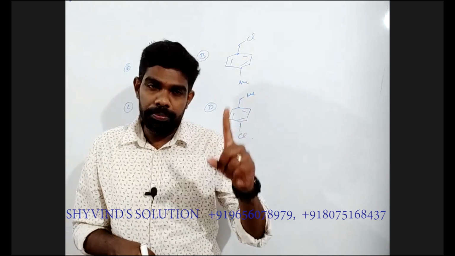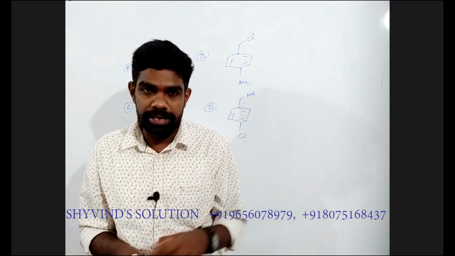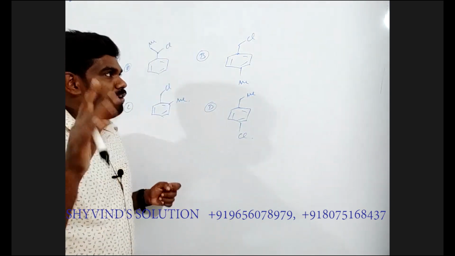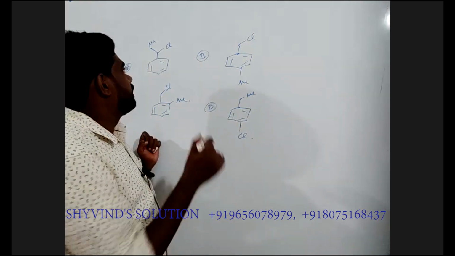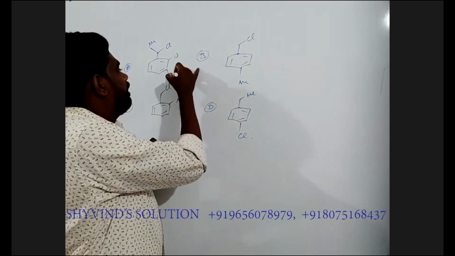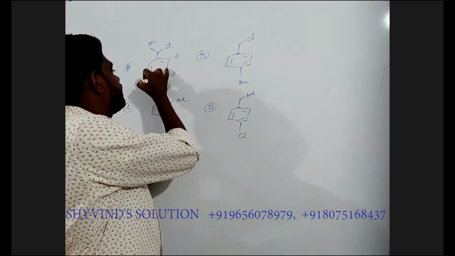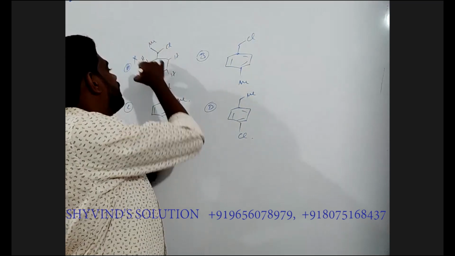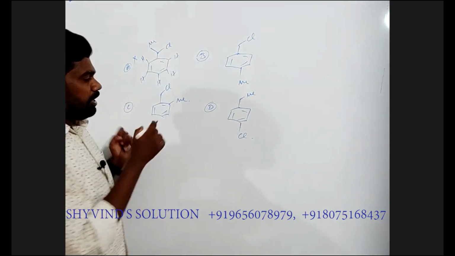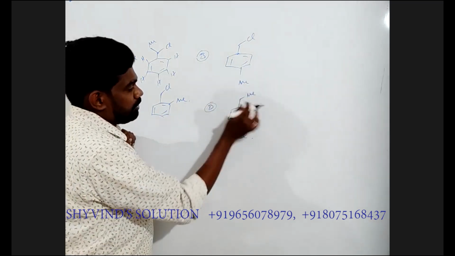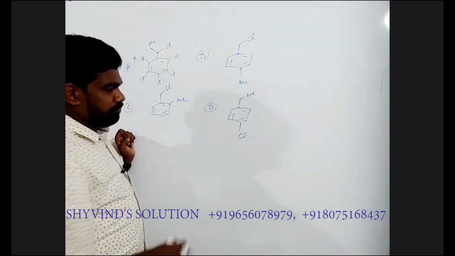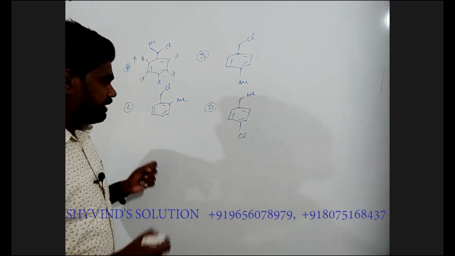We have 2 peaks and 4 correspond to 4 hydrogen. So we have only 4 hydrogens in the aromatic region. You can see here, option A has 5 hydrogens in the aromatic region, so we can eliminate this option. The other 3 options have 4 hydrogens in the aromatic region, but